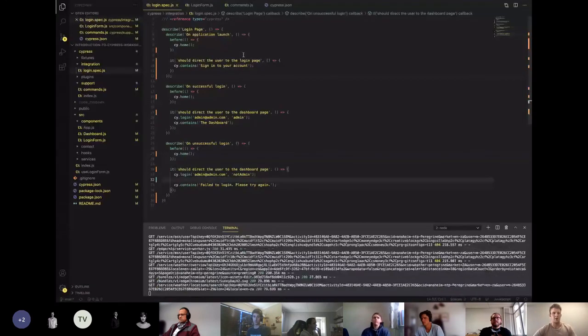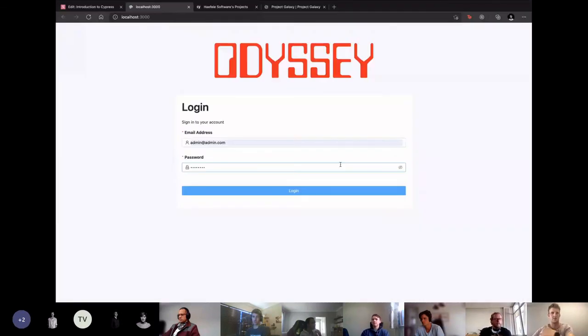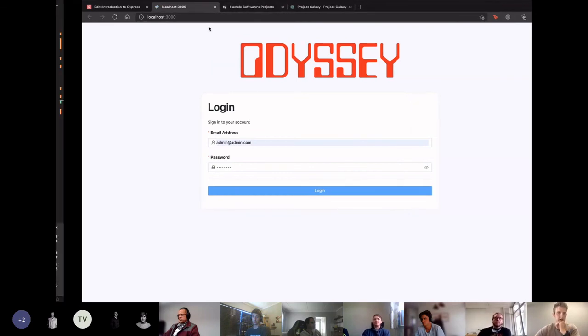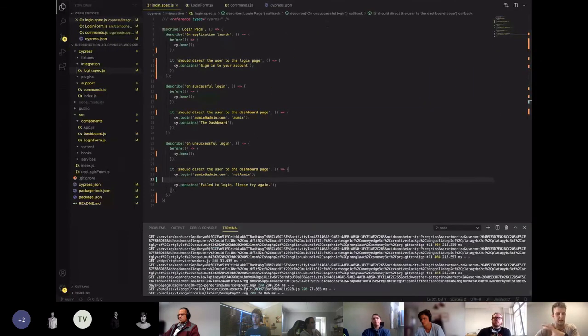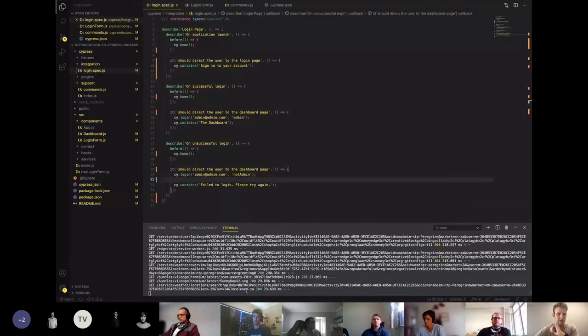So yeah, I'm not going to go into further. We could create a dashboard spec, and we could test the flow from the login into the dashboard and logging out and all that stuff. I instead just want to spend a little bit of extra time showing you guys what I think is really, really powerful with Cypress. So beyond just having a CLI like you see here,